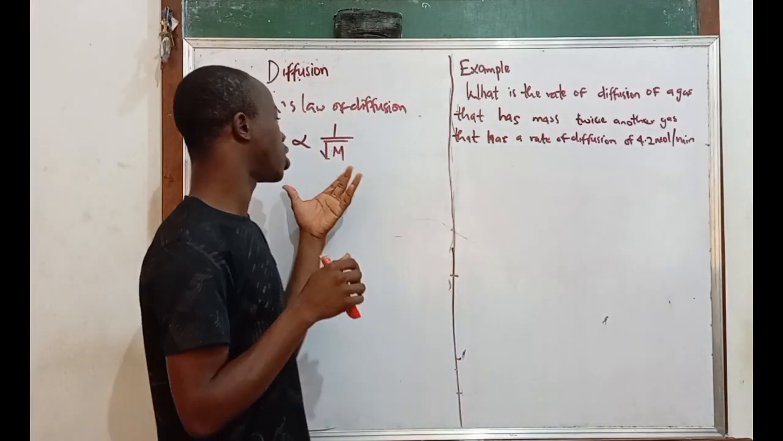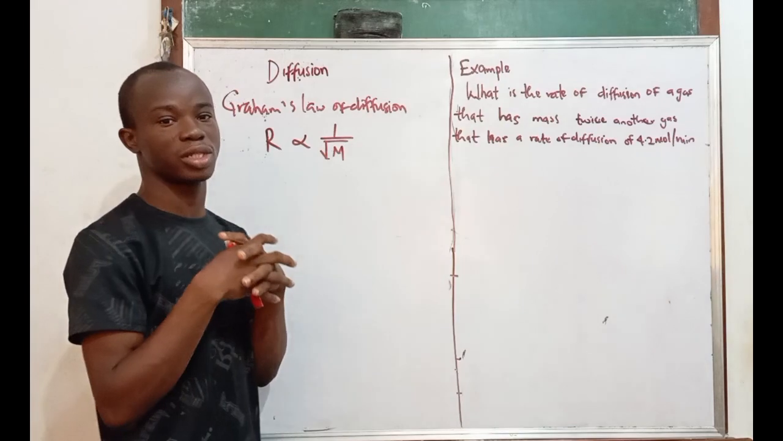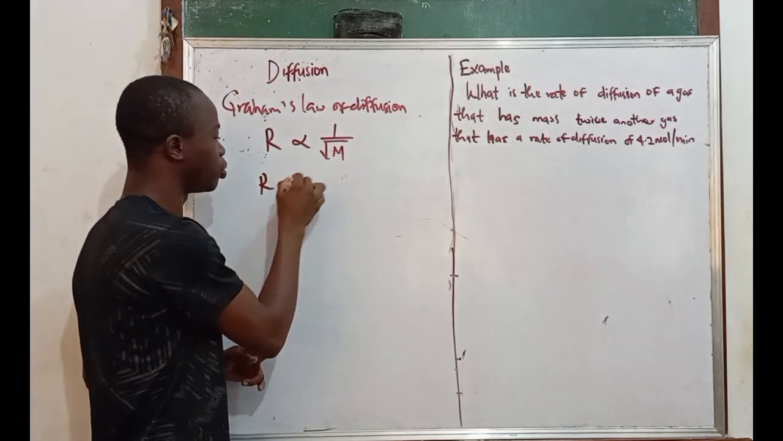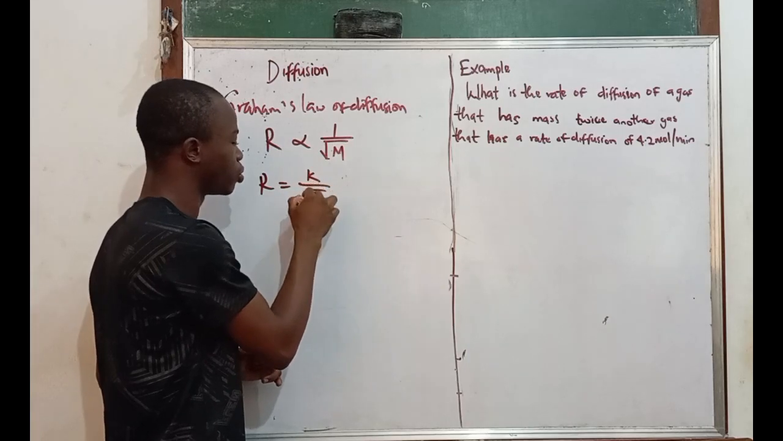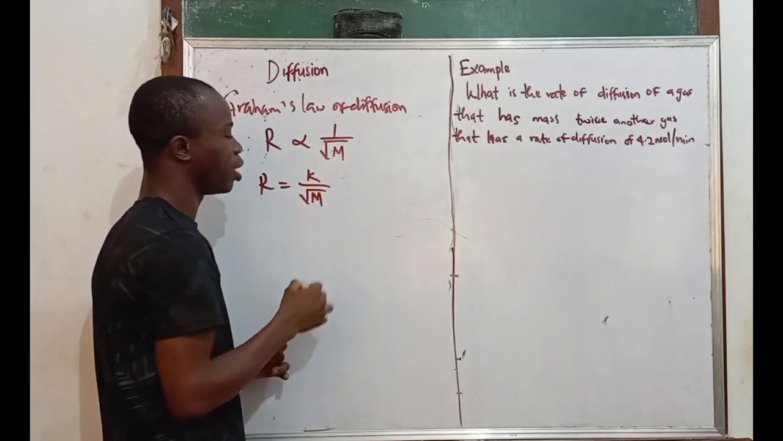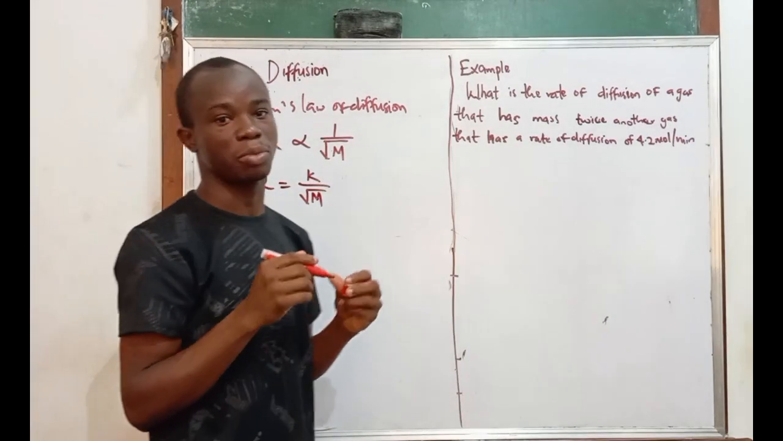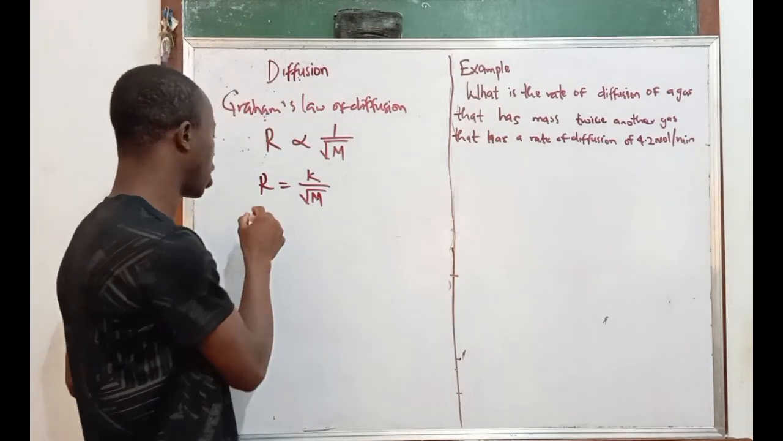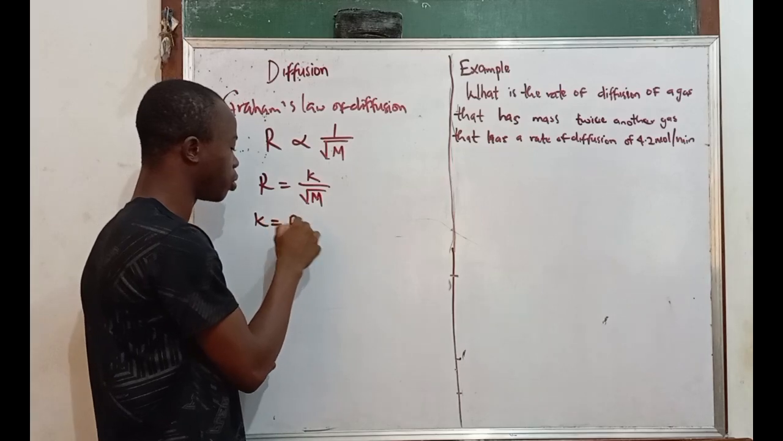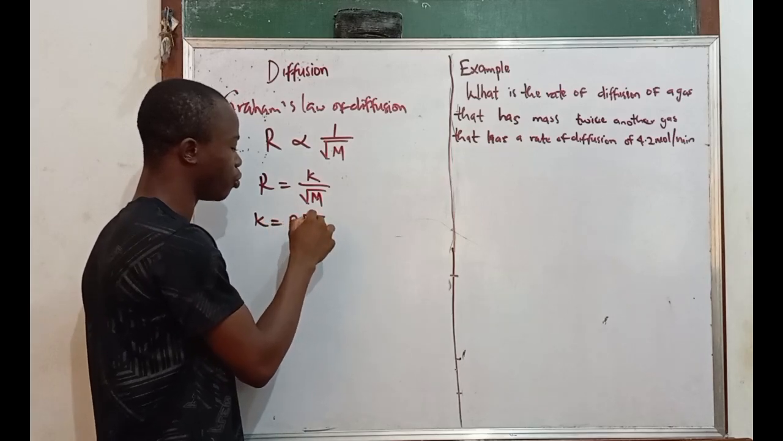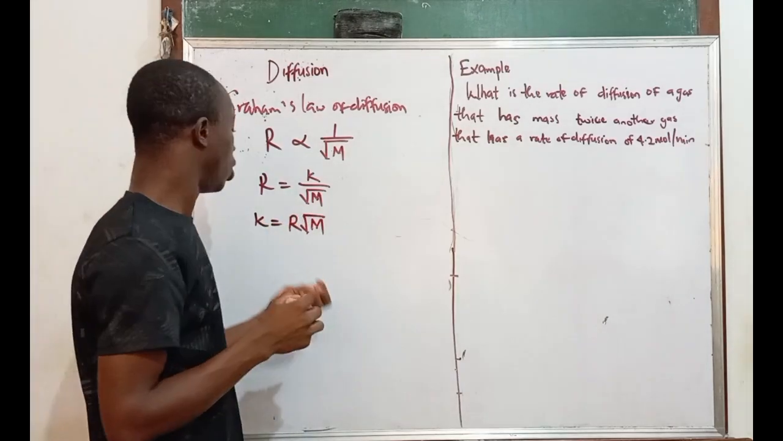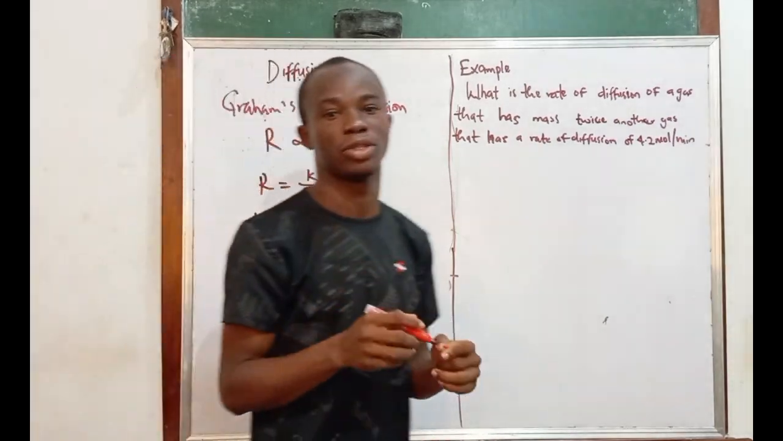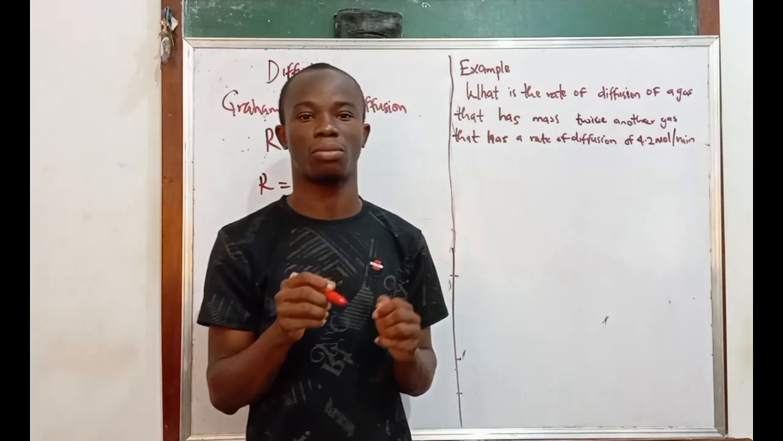At the same time, from this expression, if I input a proportionality constant, then I will have that R equals K over square root of M, where K, like I said, is the proportionality constant. If I make K the subject of the formula, then I will have that K equals R multiplied by square root of M. From this expression, the multiplication of rate of diffusion and the square root of relative molecular mass